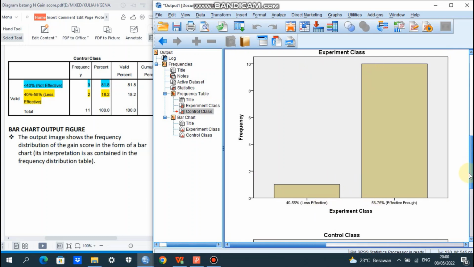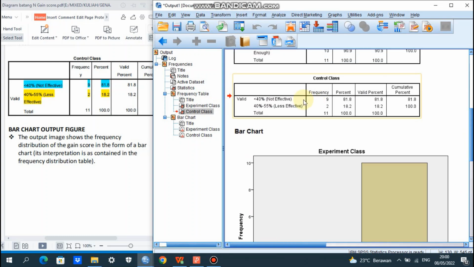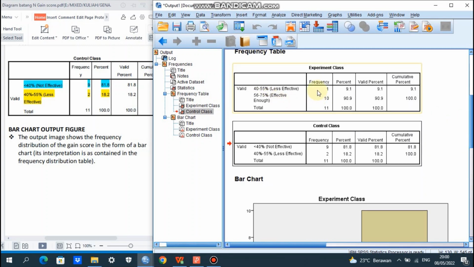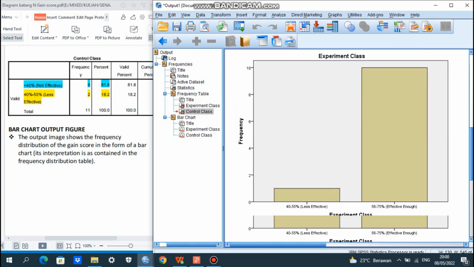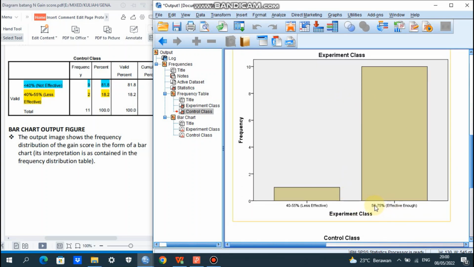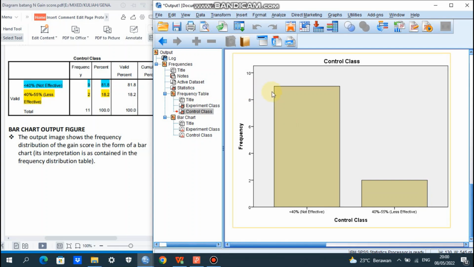And here frequency 10, 10 participants for the experimental class who show the N-gain score 56 until 75%, or categorized effective enough. And this one is for the control class, you can have a look at this one. 9 participants or 9 times showing the students that are categorized not effective, or showing the N-gain score that is less than 40%.